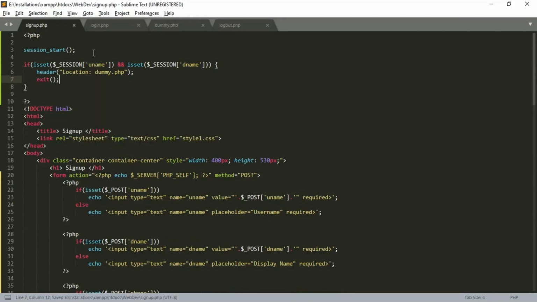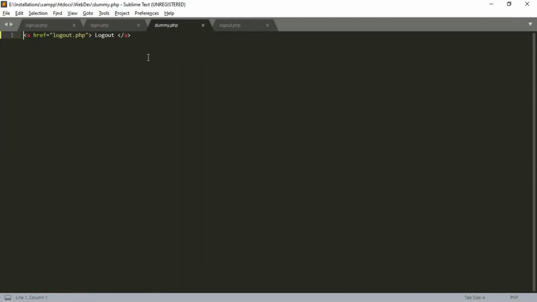Similarly, what if a user goes to the home page, which is dummy, without logging in? We have to send them to the sign up page. Let's do the same thing here. Check if the variables are set, and based on it, we redirect them to the sign up page. If username and display name are not set, so we are using the not symbol here, that is the exclamation mark.